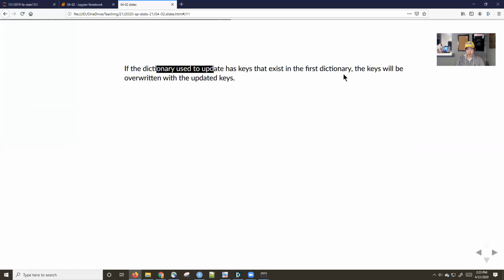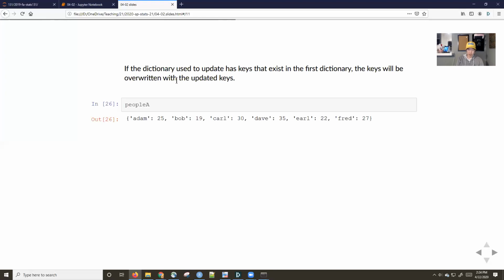If the dictionary you use to update has keys that already exist in the first dictionary, then those keys will be updated with the new values. All right, so here I've got Adam, Bob, Carl, Dave, Earl, and Fred. And I've got a dictionary here that says Fred is 99 and Gary is 18. Okay, so if I do people A dot update people C,